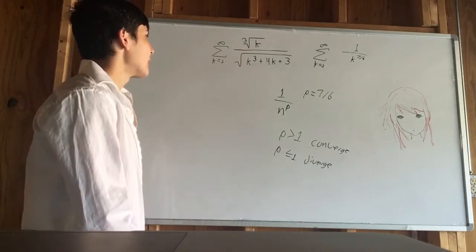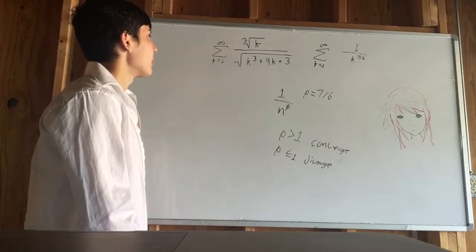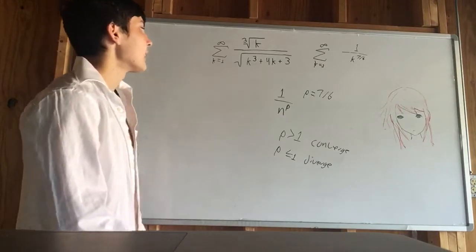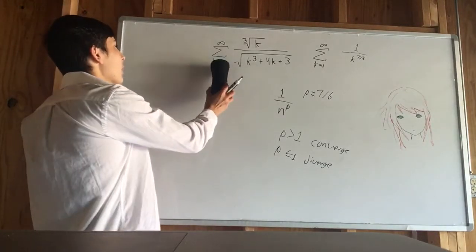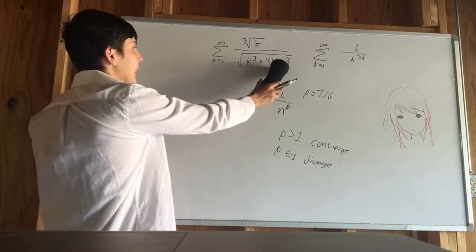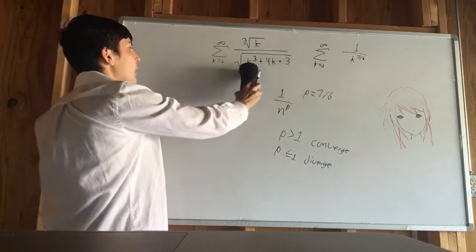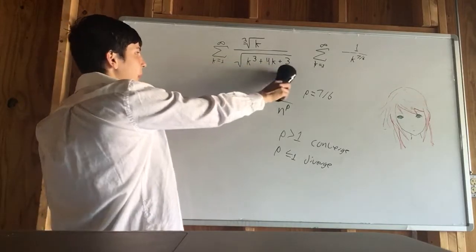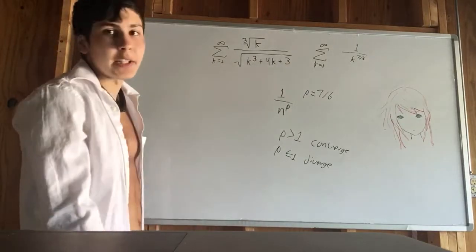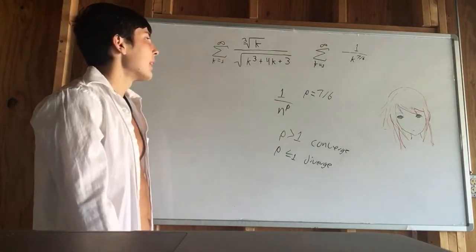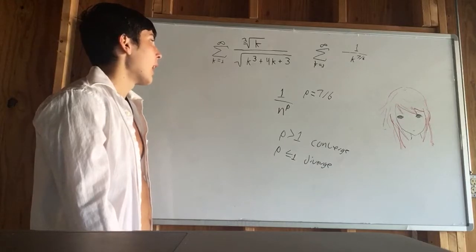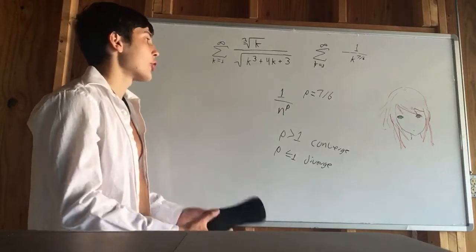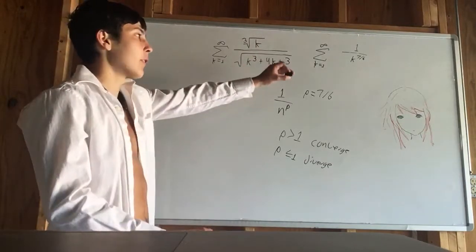Well, this is going to be less. This is going to be less because we're plugging in numbers here, and this has more junk. So this is going to be a greater number in the denominator. If you have a greater number in the denominator, then you're going to have a less large term as a whole. And so if you're adding